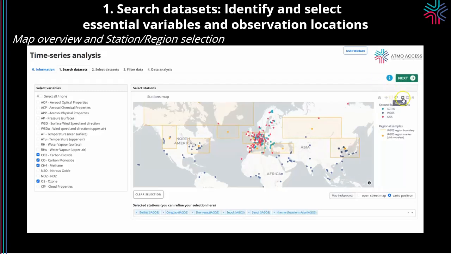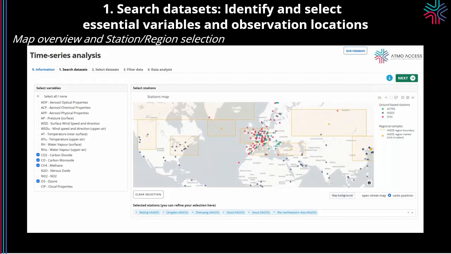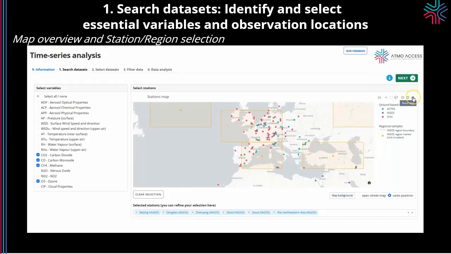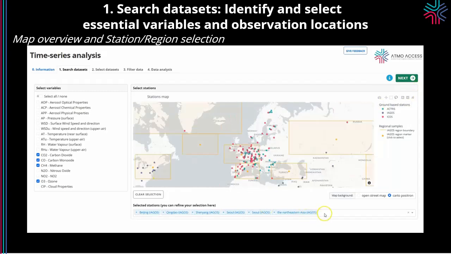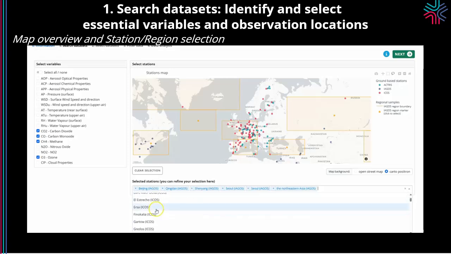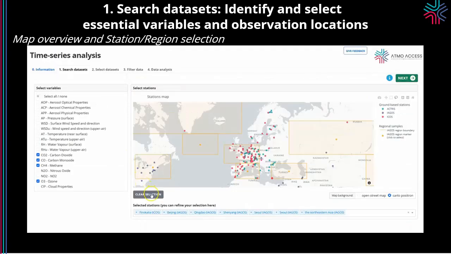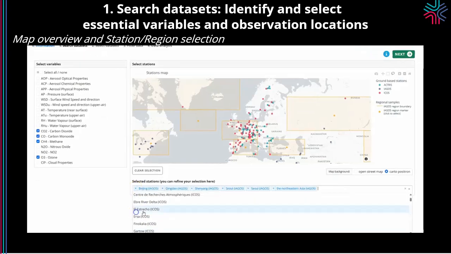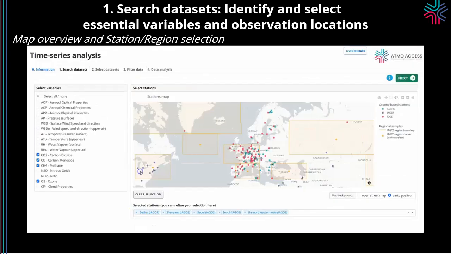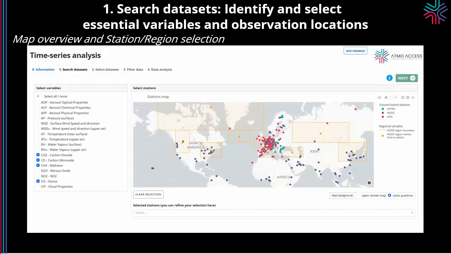You can zoom in on the map or use the mouse wheel and reset your map view with the house icon. You can also quickly find stations by name using the search function. If you need to refine your selection, the Clear Selection and Remove Station options are readily available. The camera icon lets you save the current map as a PNG image. Finally, in the bottom right-hand corner, you can customize the map's appearance by switching between Carto Position and OpenStreetMap.